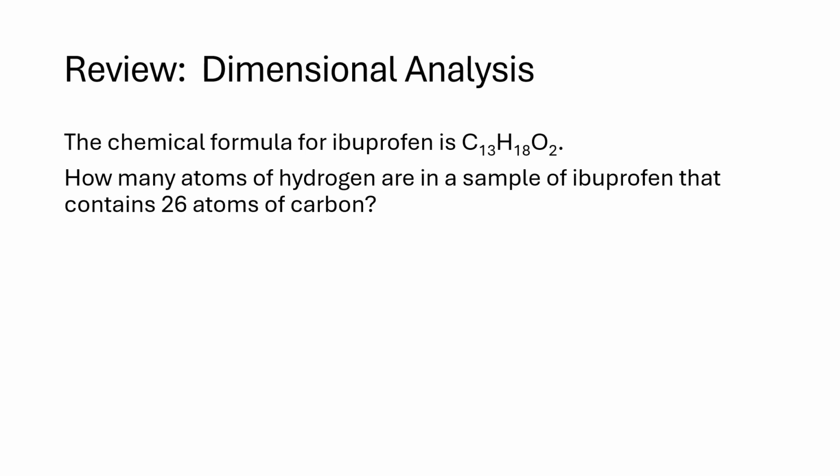All right, so to get us in the right frame of mind for doing this, I wanted to do a quick review of dimensional analysis. We've already taken a look at how we can take something like the formula for ibuprofen, and this formula is telling us that if we have one molecule of ibuprofen, and remember that there is no standard abbreviation for molecule, so I just use a capital MC because that doesn't conflict with any other abbreviations that we commonly use in chemistry. So for every one molecule of ibuprofen, the subscripts in this formula are telling us that we have 13 atoms of carbon,